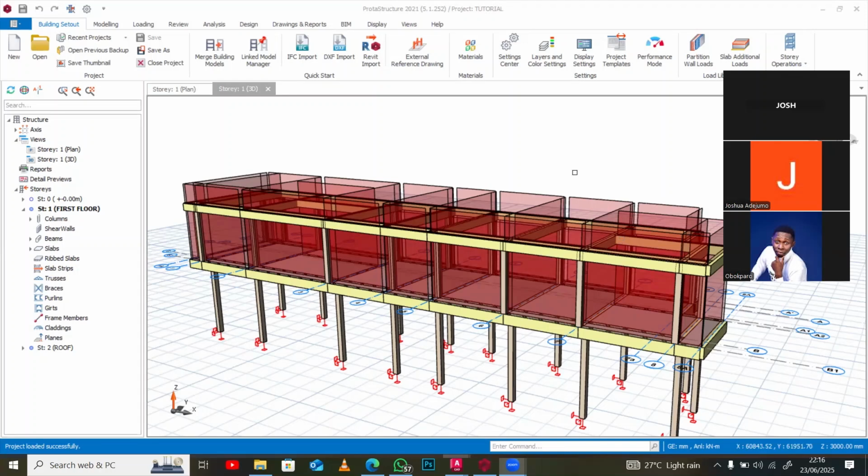All right, so in the last session, we were able to model this structure, and I was about to show you the next few steps to complete your structural design. But the first one I will be showing tonight is